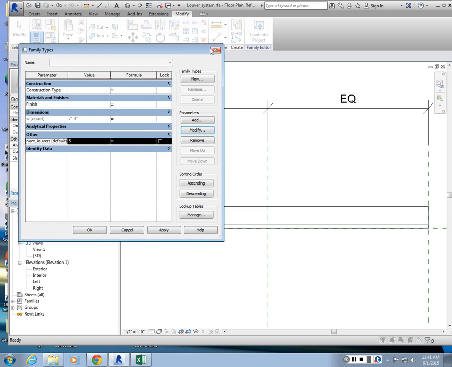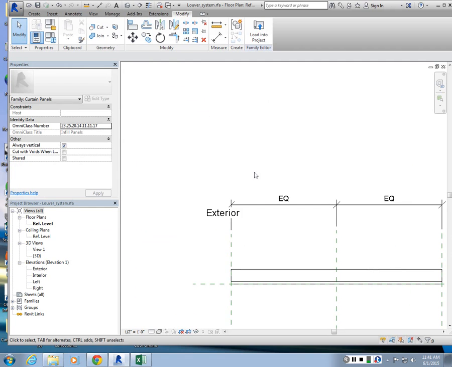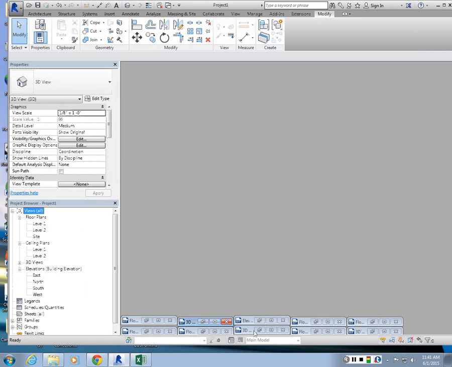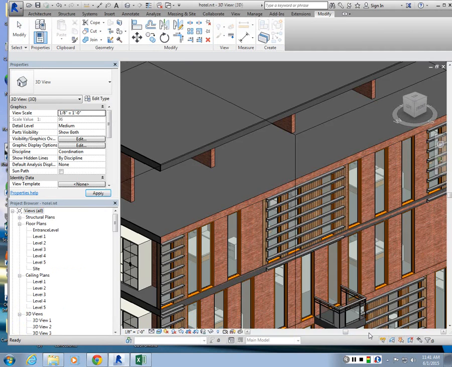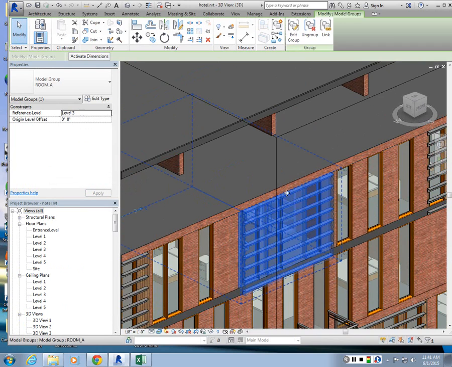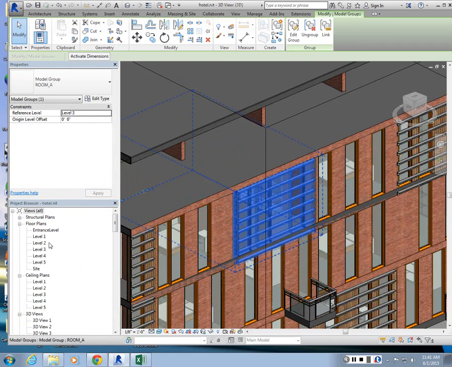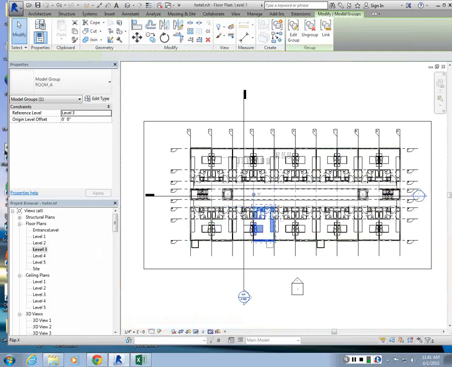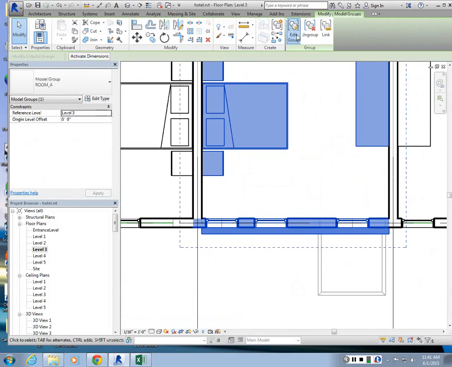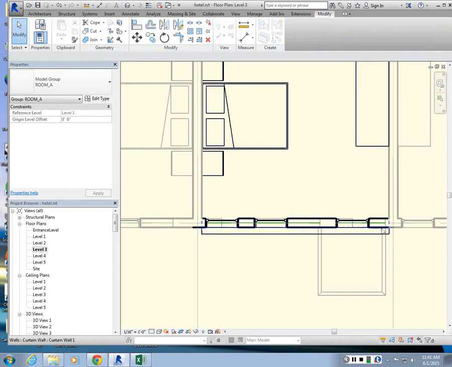Okay, I'm going to close that, and that should be okay. Now basically, if I'm working on the project, I can come in here, maybe this guy, let's go to one of my levels. I can create a secondary curtain wall panel system here in front of the unit, right? Add it to the group. So I go to edit group, draw this curtain wall,